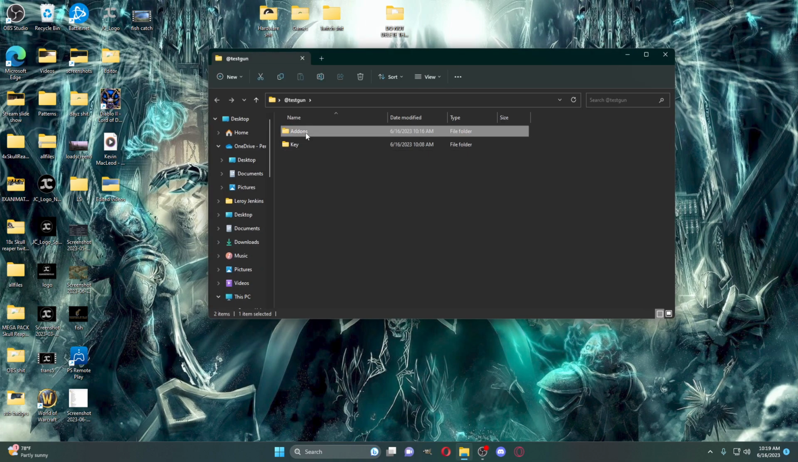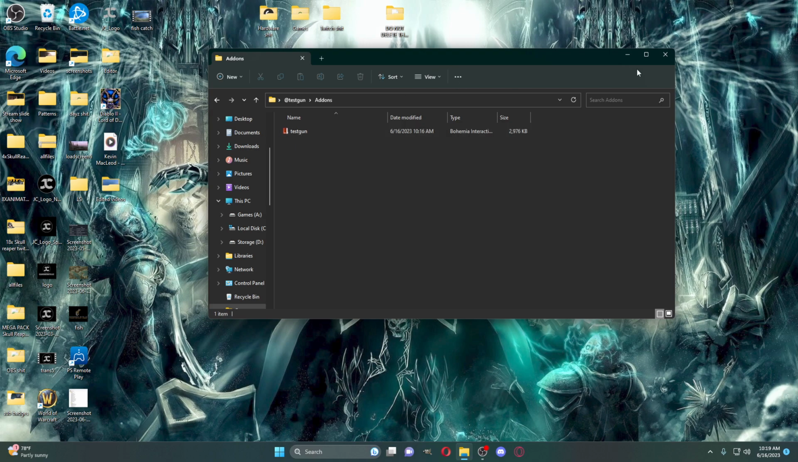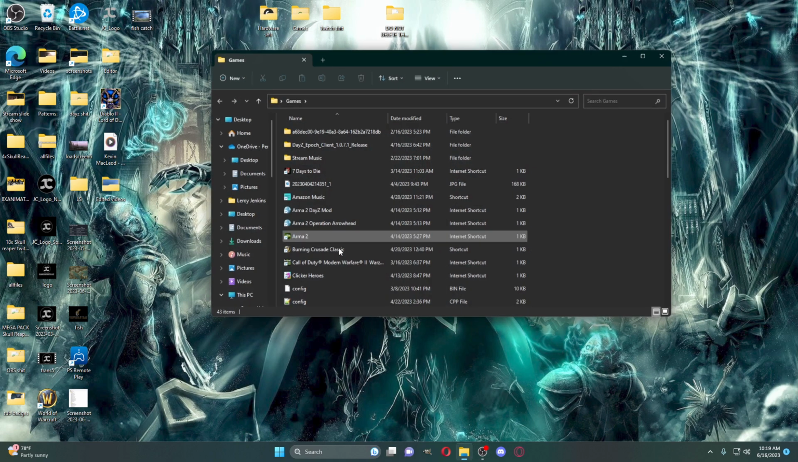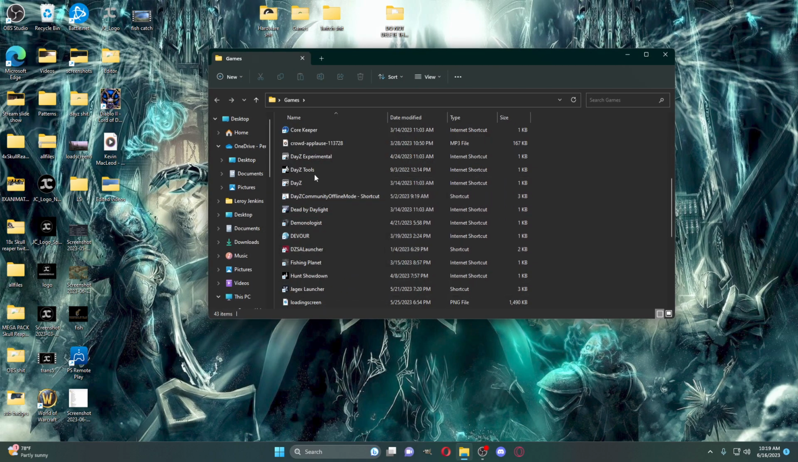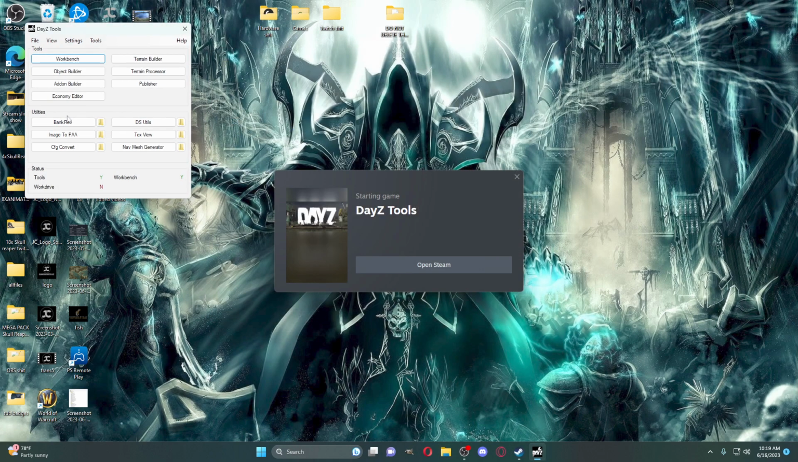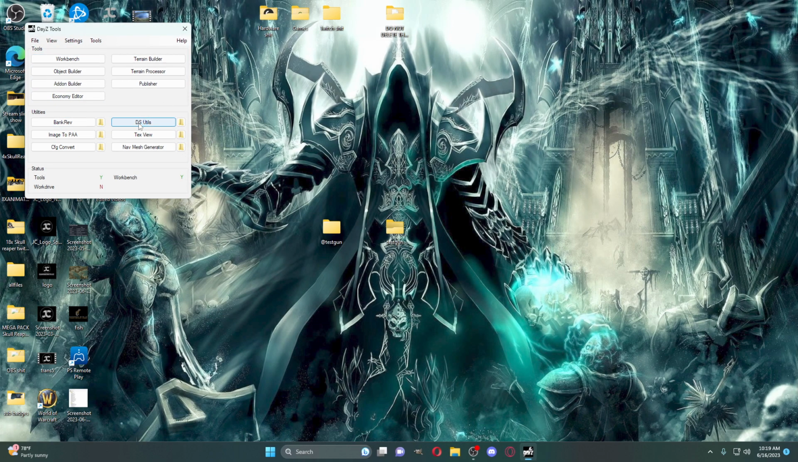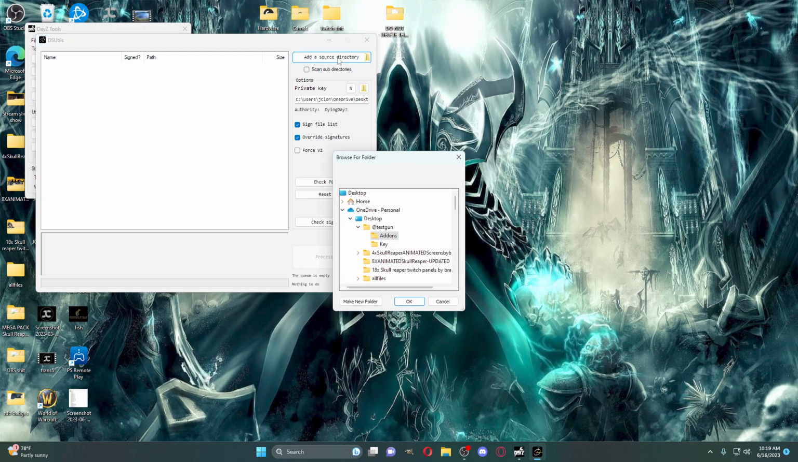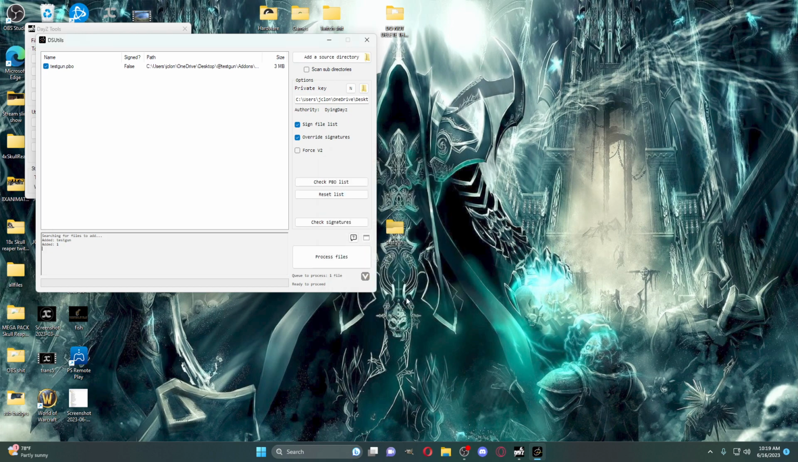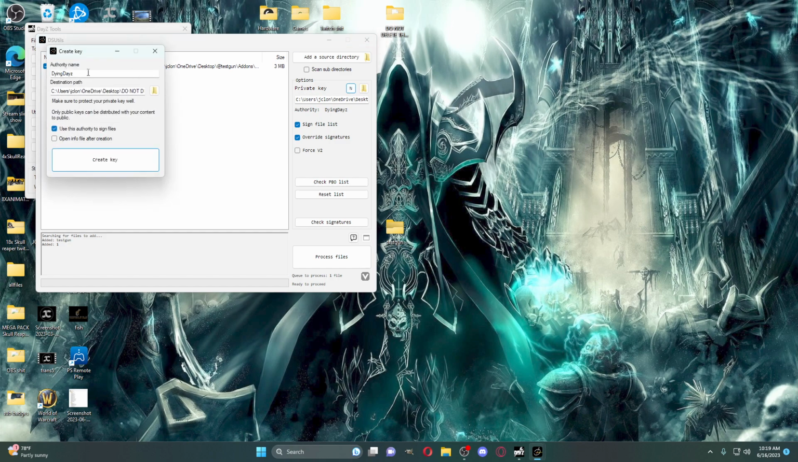Here's our mod. Our mod has a PBO in it. We're going to come back to DayZ Tools. We are now going to go to DS Utilities. At our source directory, it's going to be the @test gun, the add-on folder. Hit OK. It'll tell you that it's not signed. If you do not have a key, like I said in the last video, you press this N, you name it whatever you want to name it, and then you make a